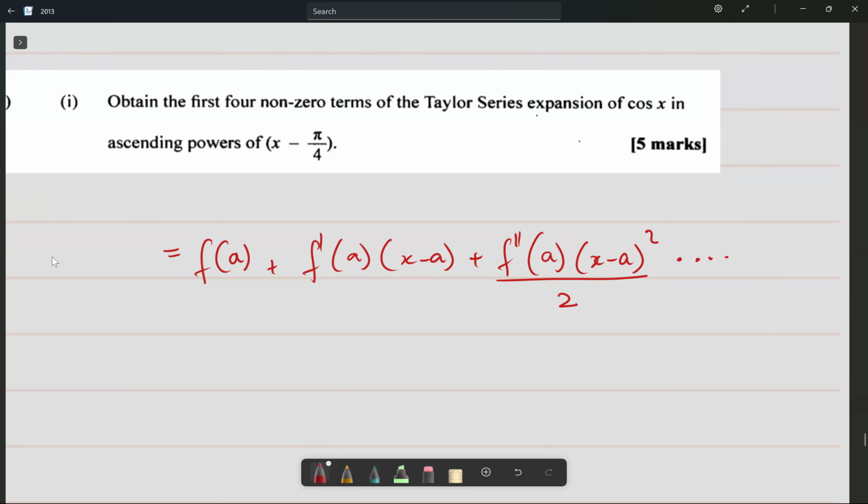So we're fully aware of this as the Taylor series, right? I'm going to assume yes, nobody should be unaware of it. In this case the a is pi over 4, that's the a we're taking into consideration. So the first step is f of pi over 4. It needs to be cosine of